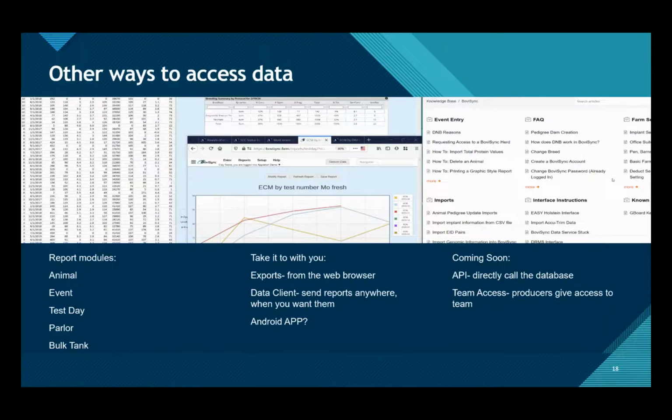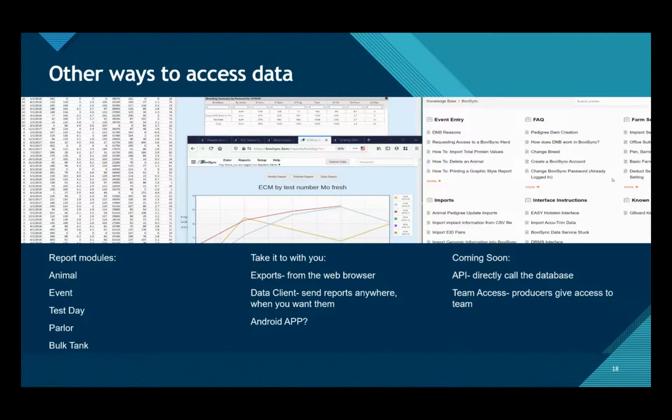and that's available for any person that has a user account in BoviSync. A lot of people ask if they can use the Android app to actually do the program or to access the farm data. The Android app is really specific for farm entry. It's not well suited to going across different farms and loading them. It's really meant to just load a farm and use it on that farm. However, the web app is responsive, so you can use it on any phone, iPhone,